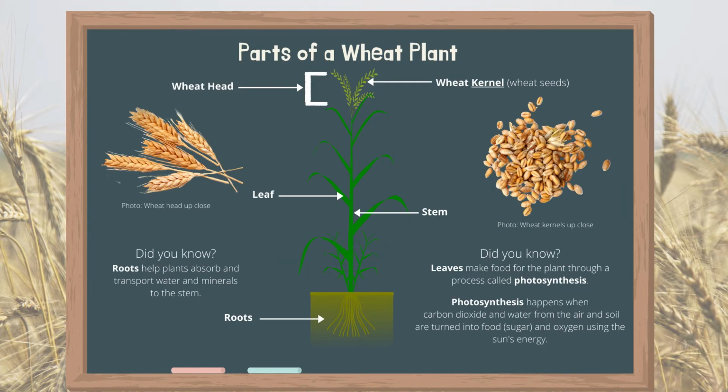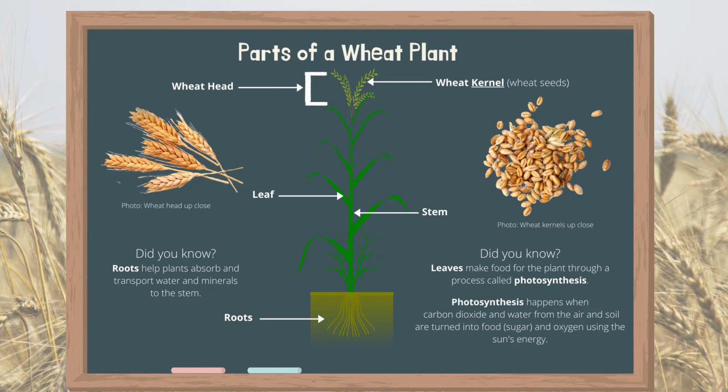Let's now move on to parts of the wheat plant. You should already have your recording sheet in front of you, so let's get started. Please feel free to pause this recording at any time if you need to catch up or write something down. I'm going to be starting with the part of the plant that lives underground, the roots. Roots keep wheat grounded and stable while also acting as a sponge, absorbing nutrients and water from the soil. Moving up from the roots, next is the stem. The stem acts as a straw or a tube, delivering the nutrients and water up from the roots to other